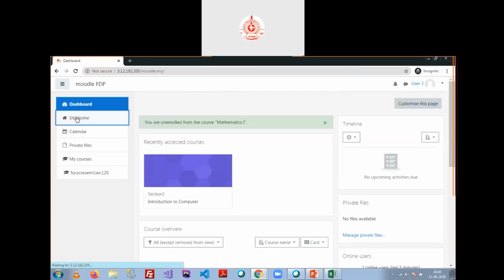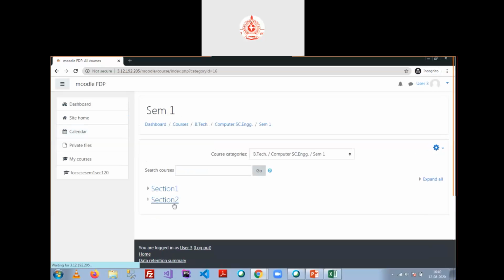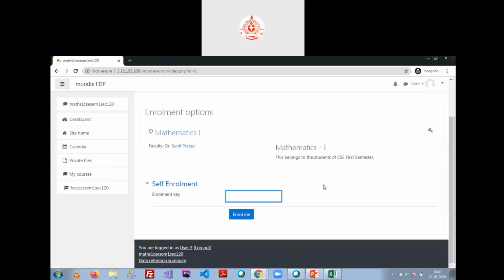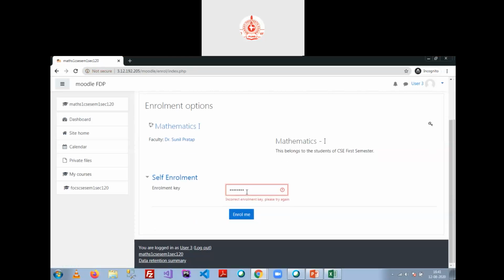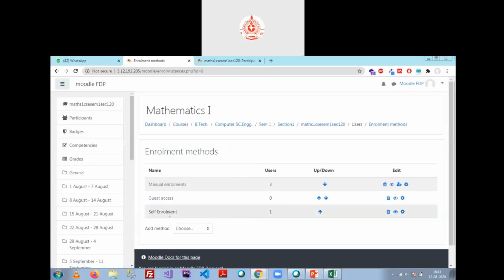Okay, now site home, SEM 1, section 1, mathematics 1, and now it is asking for the enrollment key to log into the system. If I suppose that I am giving the wrong key here and click on enroll me, then it shows that you do not have the required key to enroll yourself into the course. If I pass one correct key and click on enroll me, then I will get into the course. That is just because of security reasons. So that is how